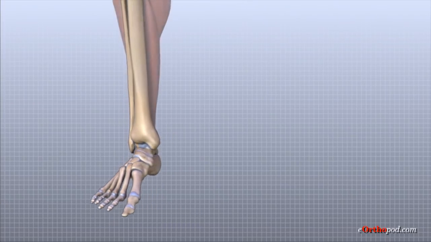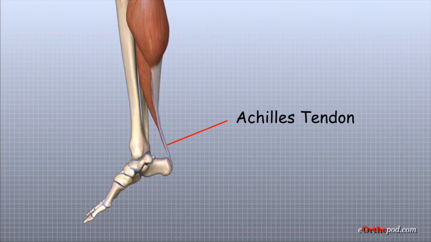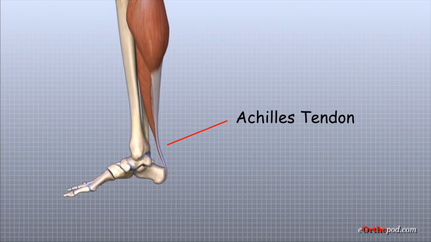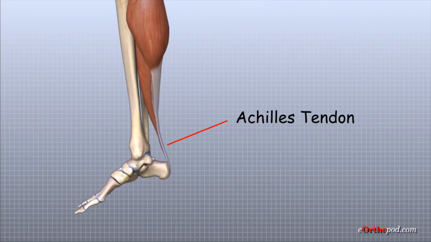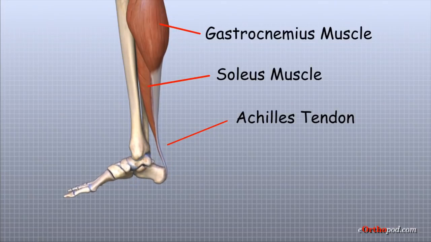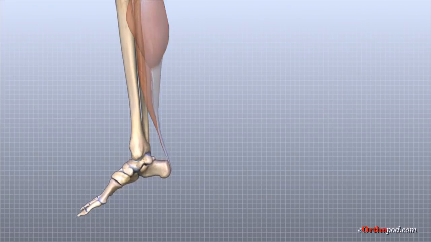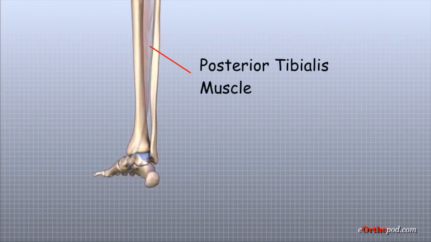Several muscles and tendons are important for ankle joint function. The large Achilles tendon is the most important tendon for walking, running, and jumping. It attaches the 2 calf muscles, the gastrocnemius and the soleus, to the calcaneus and allows us to raise up on our toes. The posterior tibial tendon attaches the posterior tibialis muscle in the calf to the underside of the